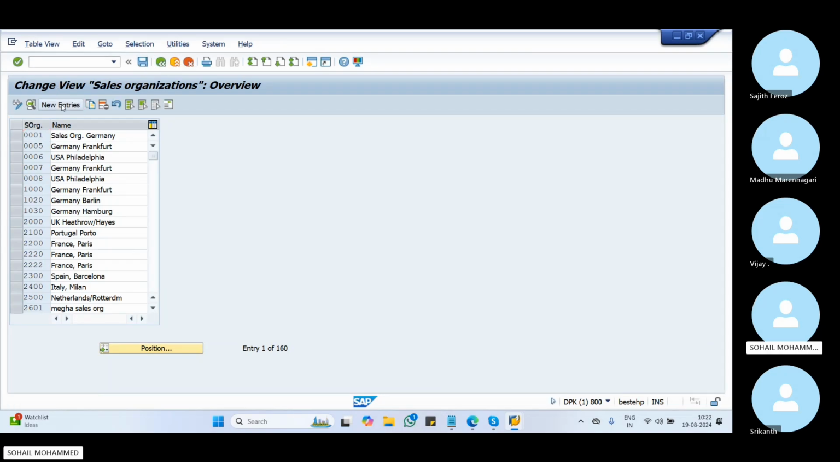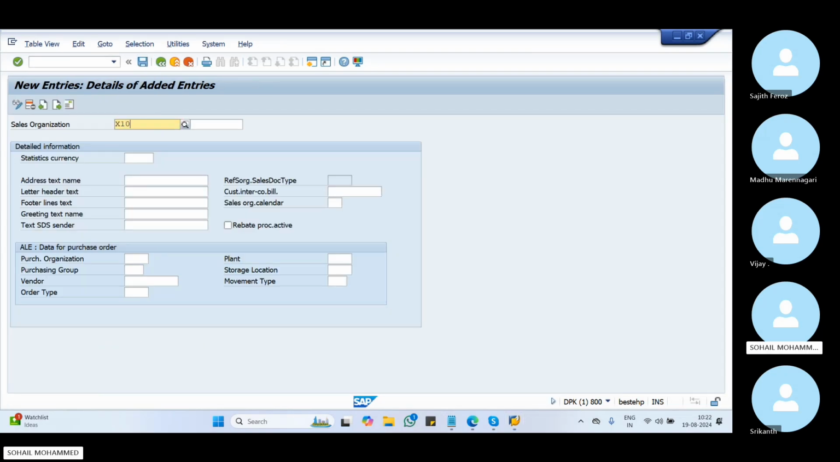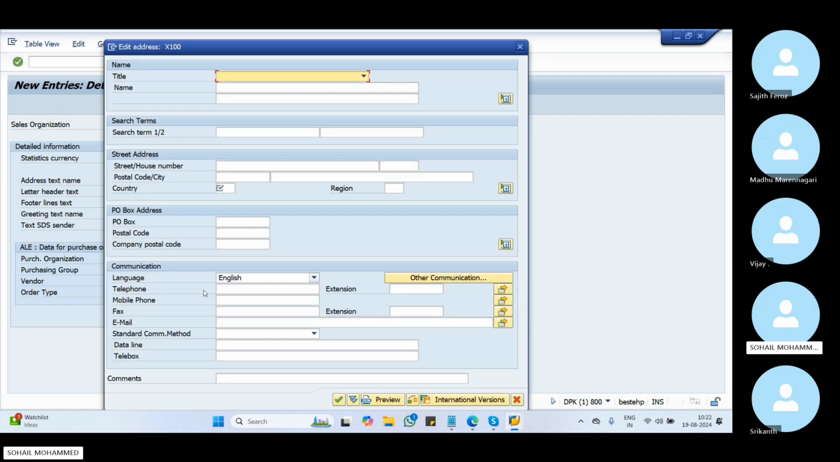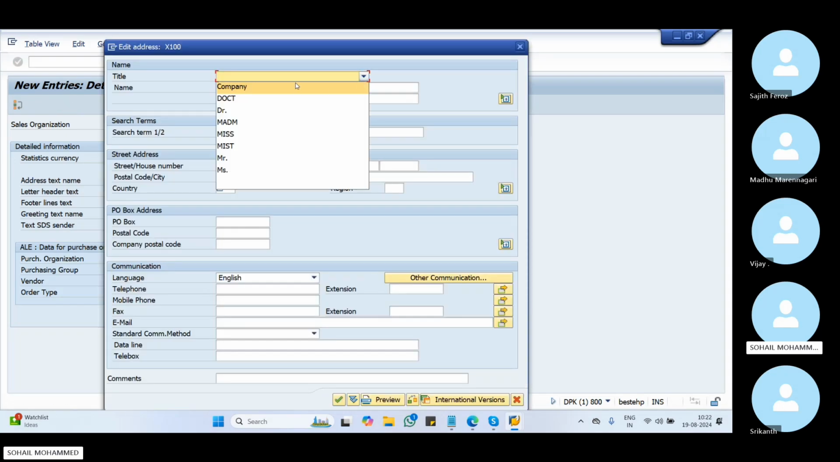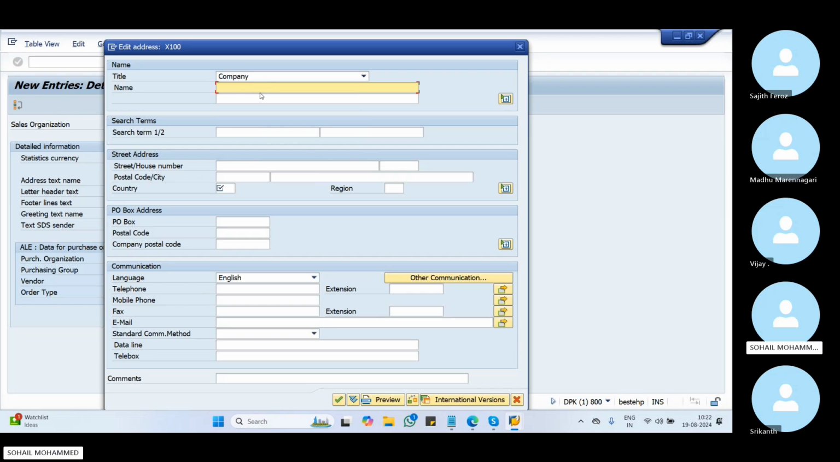So now go to the new entries and you can create. X100 is our sales organization. And what is our sales org? You can maintain Apex sales organization, and just click on enter. It will propose address data. If you save directly, it will propose, or you can click on this address, then it will propose the same screen. You need to maintain all the same data, same company name,